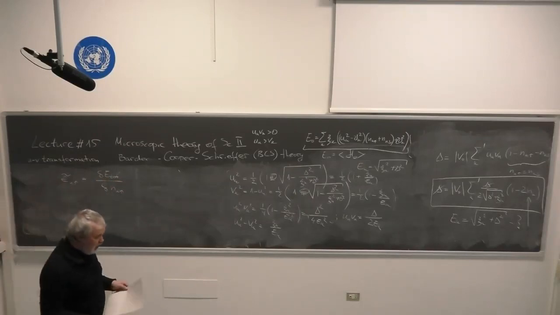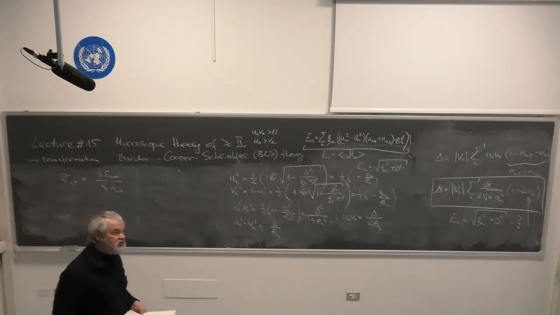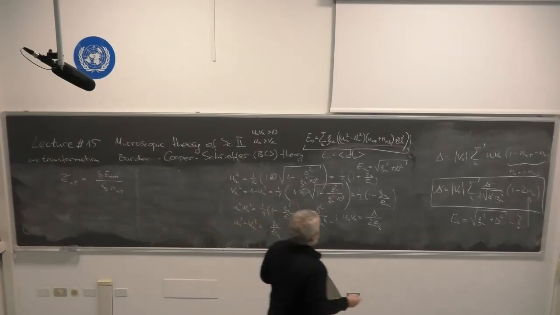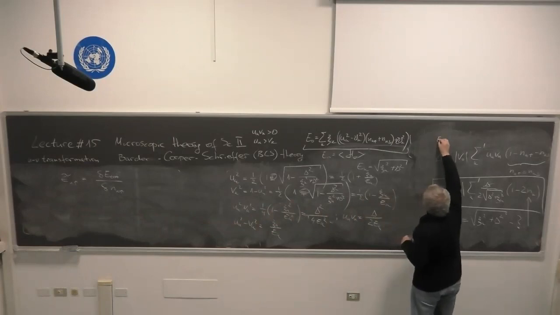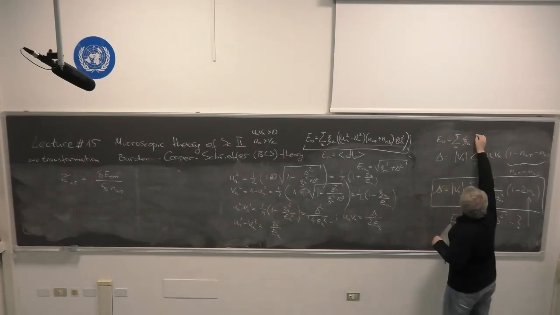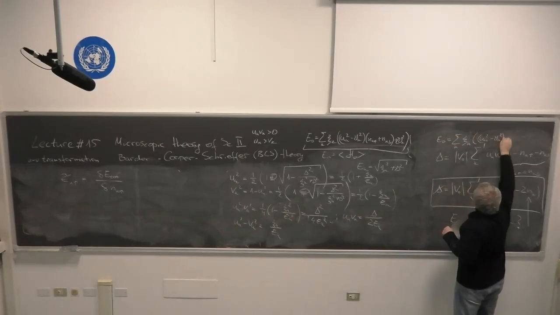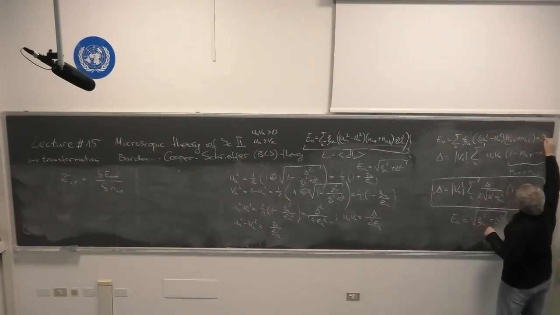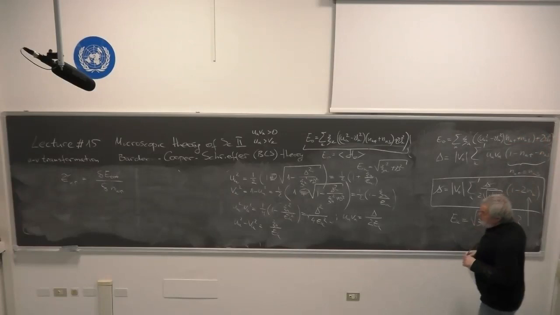So therefore now I need to take the variance of my energy, but not with respect to u and v coefficients, but with respect to the Fermi distribution function. And I recall to you that epsilon naught was equal to the sum over k of psi k times (u_k squared minus v_k squared) times (n_k up plus n_k down) plus 2 v_k squared. Therefore,